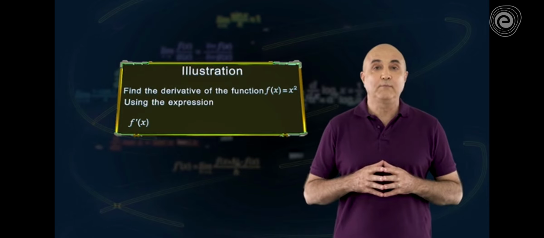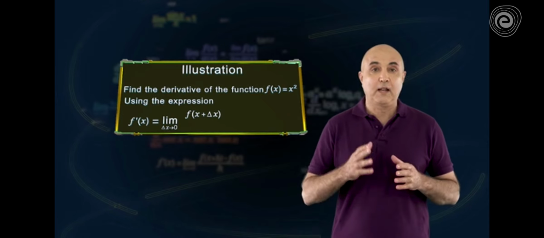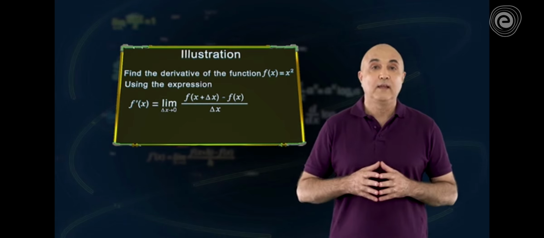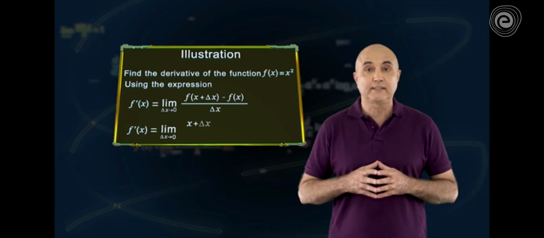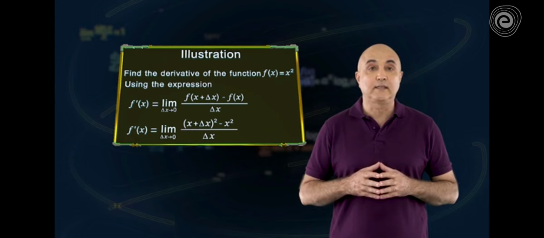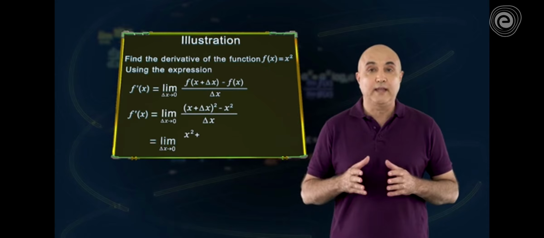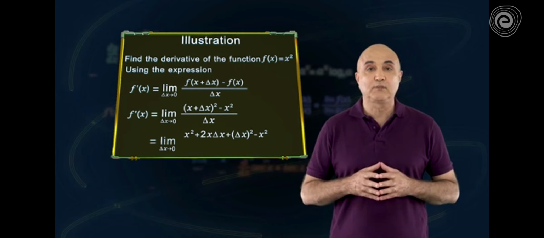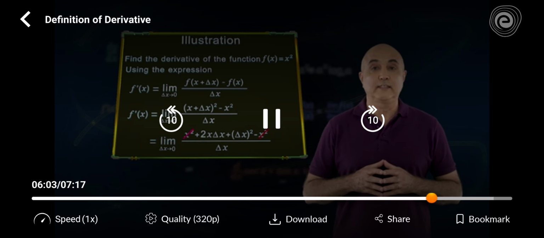Using the expression f prime of x is equal to limit delta x tends to 0 of f of x plus delta x minus f of x over delta x, we have f prime of x is equal to limit delta x tends to 0 of (x plus delta x) the whole squared minus x squared over delta x is equal to limit delta x tends to 0 of x squared plus 2x delta x plus delta x squared minus x squared over delta x is equal to limit delta x tends to 0 of 2x delta x